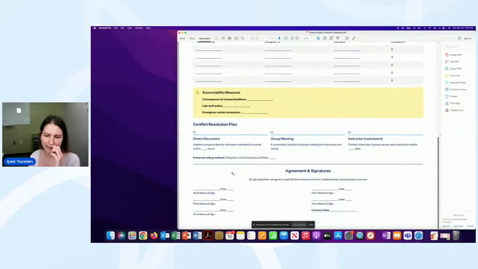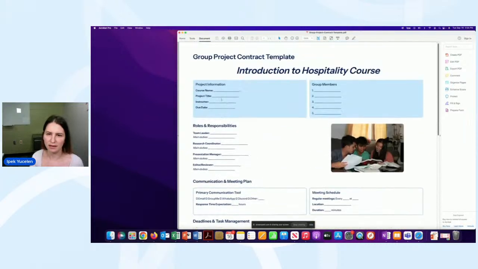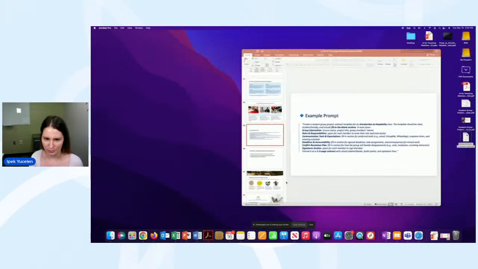They all agree, sign, and submit this to me. This way we don't have to wait for them; they don't usually wait until the end of the semester to meet. This helps with that. I generated this in 1 second, so it is very helpful.